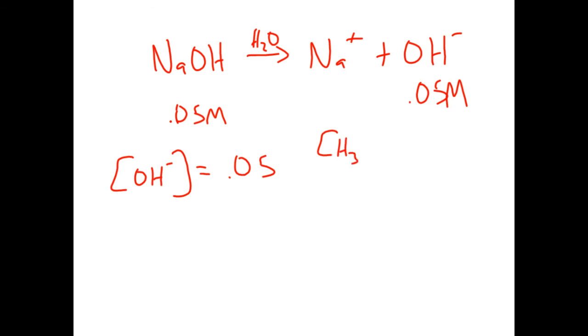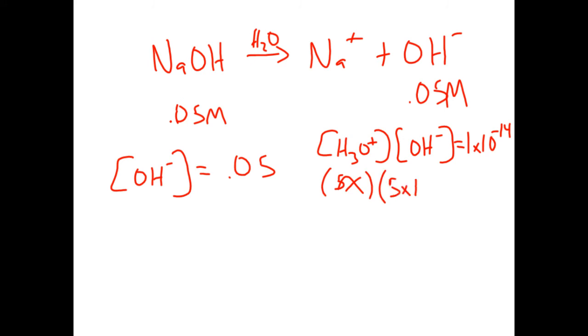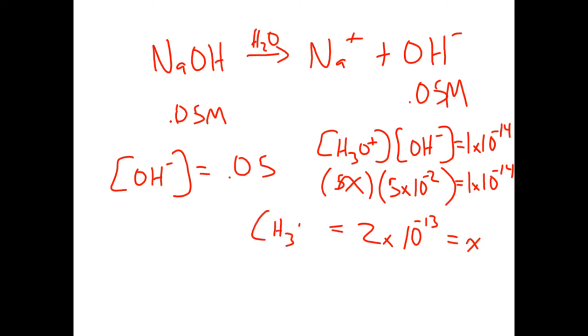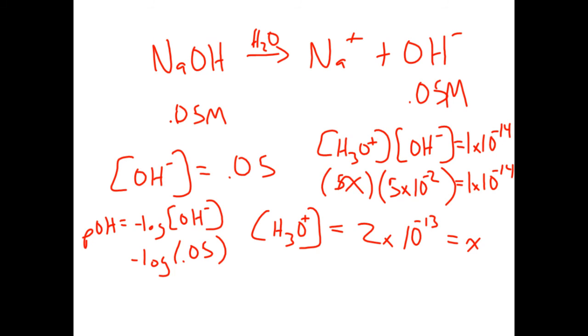So the H3O plus times the OH minus is equal to 1 times 10 to the negative 14th. This is my x, and this is my 5 times 10 to the negative second, equal to 1 times 10 to the negative 14th. I know 2 times 5 is 10, so this will be 2 times 10 to the negative 13th equal to x. And that is my H3O plus. Then they ask for the pH. I could solve for the pOH, which is the negative log of OH minus, so the negative log of 0.05, which would be a